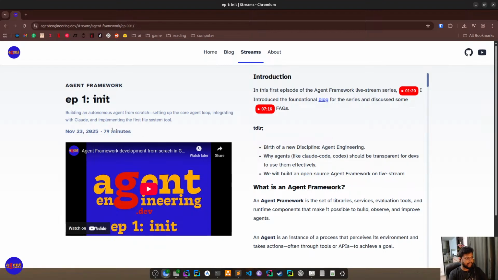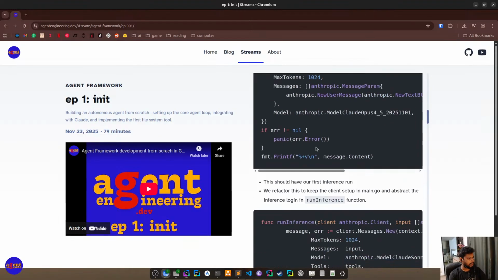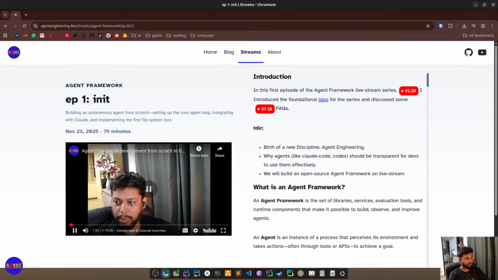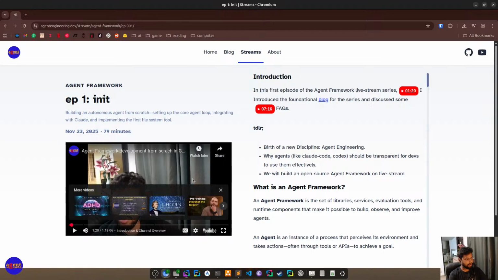The way I've designed it is that people can watch the stream on the left and then scroll through the article on the right. I've also attached timestamps to the video so that when they click, they'll jump to that particular timestamp. So that is a quick overview of what this website is.